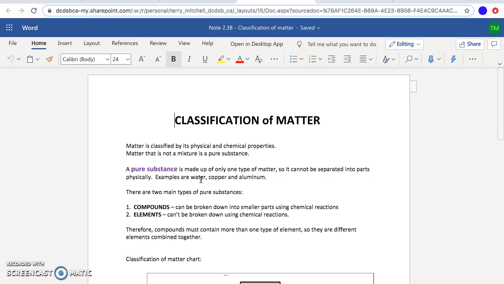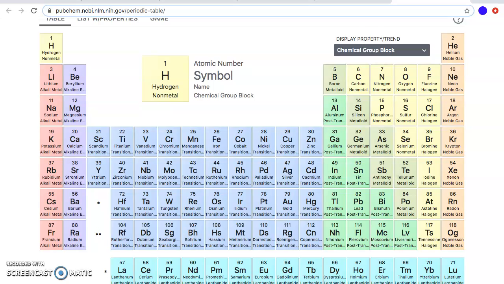Now, two main types of pure substances. I'll start with the second one first, elements. That comes from your periodic table. If you only have hydrogen, it's pure and it's elemental. If you only have sodium, it's pure and it's elemental. If you have